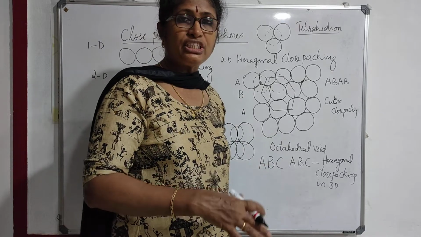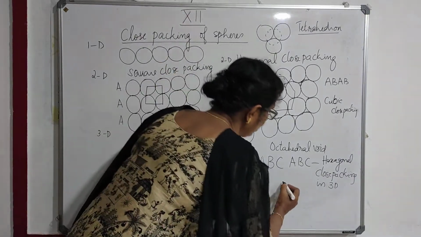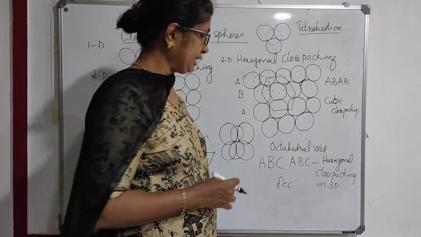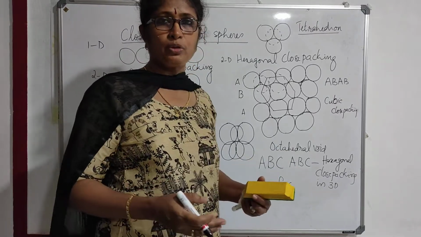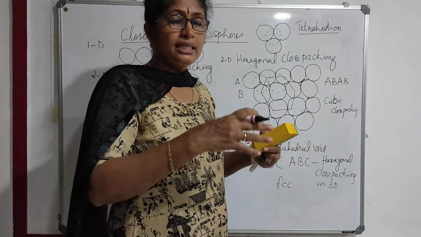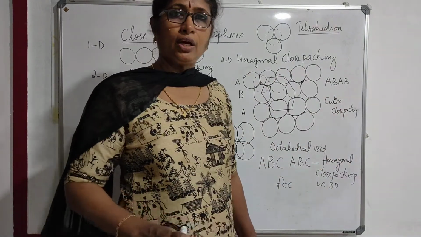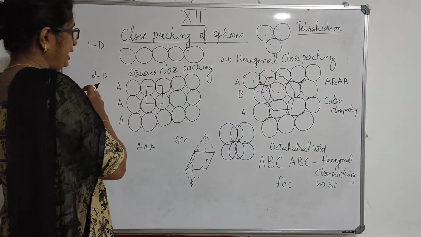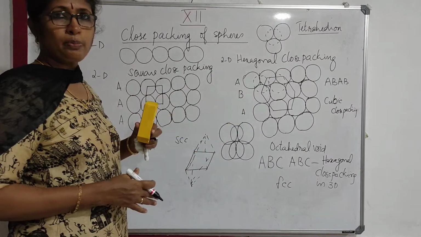When in such a fashion, if the close spheres are arranged, you get hexagonal close packing, that is equivalent to FCC, face centered cubic structure. Understood? You get an FCC. See, both these AB type of close packing in 3 dimension and ABC type of close packing, they are equally effective, because the less percentage of empty voids. Understood? So this is about the close packing. Now, in the 1 dimension he keeps the spheres. In 2 dimension there are 2 different types of close packing, that is square close packing and hexagonal close packing in 2 dimension.